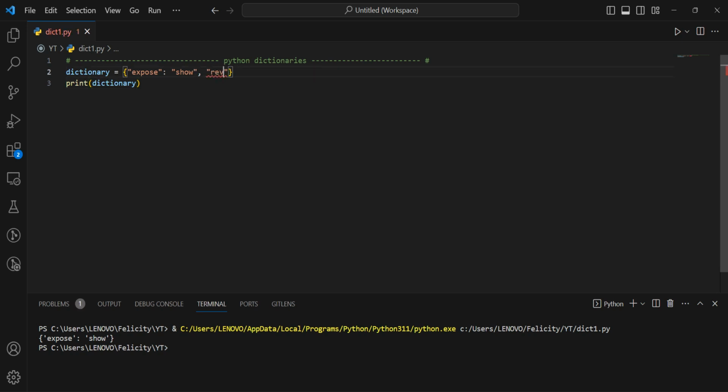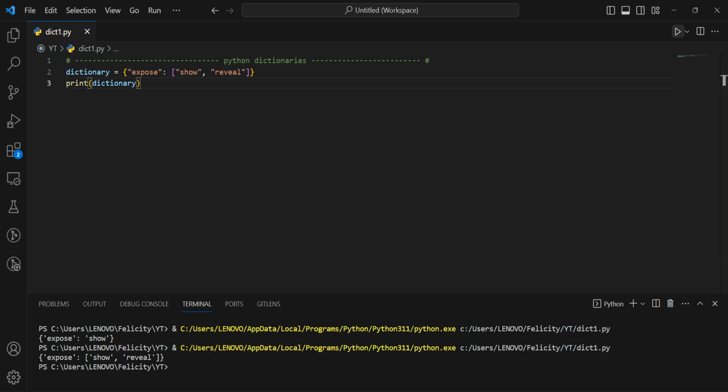Is it okay to put all of them and separate them with a comma? Of course not. We can tell by this red line. But what we can do instead is use a tuple or a list, and in this way we can add other meanings as well. So you can see that you've used dictionaries in your life and you've seen them, but